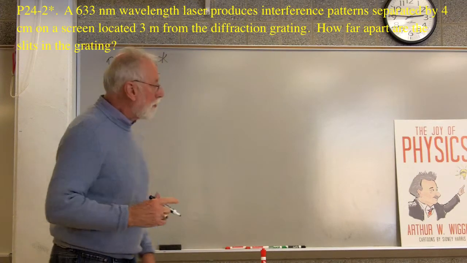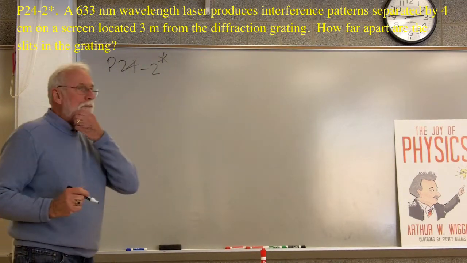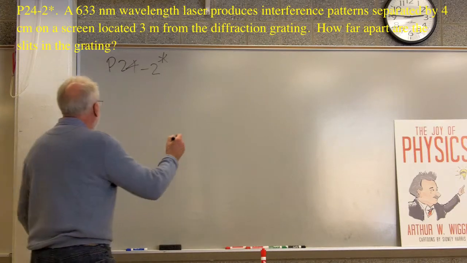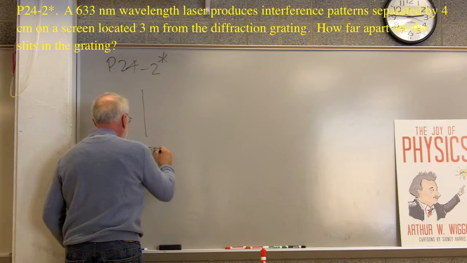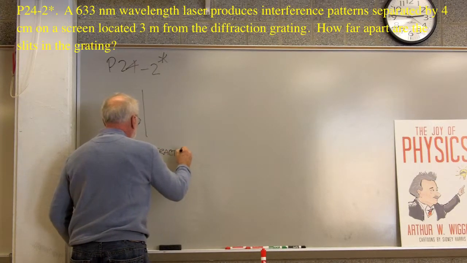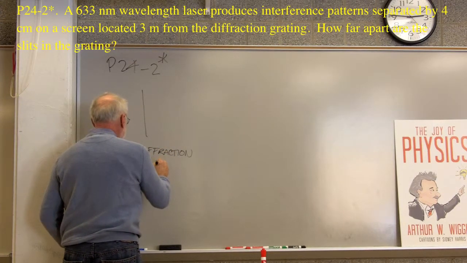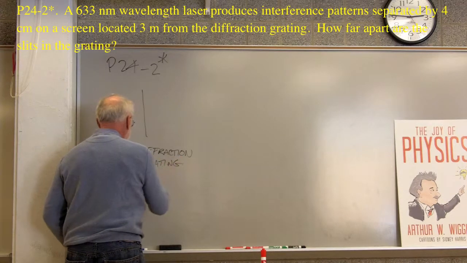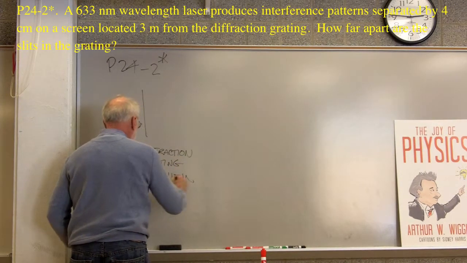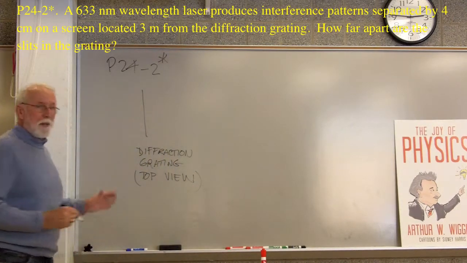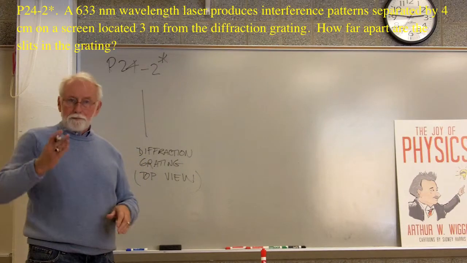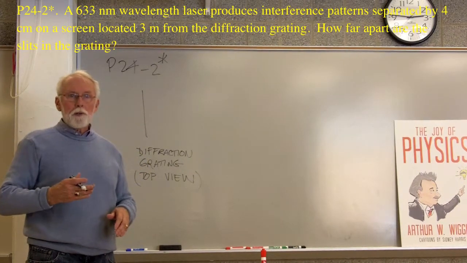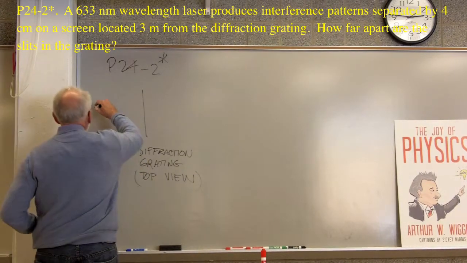Okay, we have a diffraction grating, it says. We can still draw a picture of this. This is the diffraction grating. Top view. So light is coming into this diffraction grating, and the way the diffraction grating is set up, it has a whole bunch of lines very close together. So the light comes in